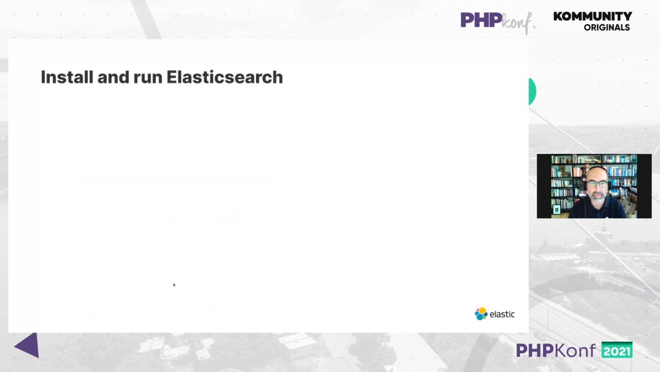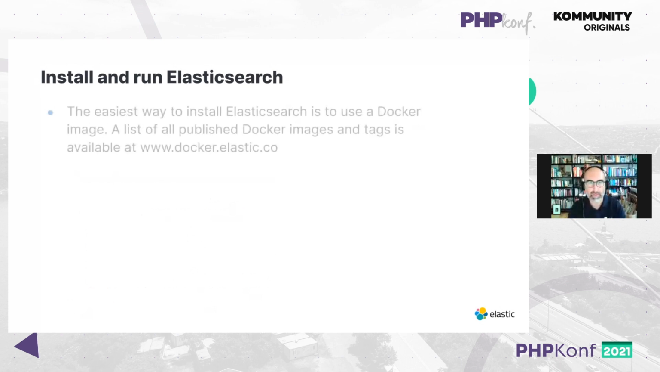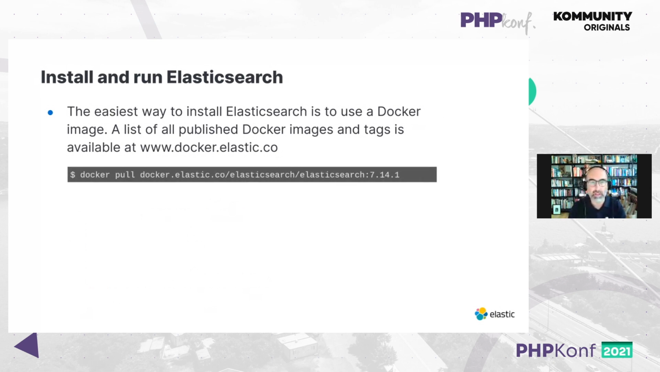So very, very simple. Okay, how can you actually install and run Elasticsearch on your machine? The easy way is to use the Docker elastic.co images. So we provide a special website that you can check out in order to select the Docker image that you want to use. You can run the usual Docker command pulling the specific version. For instance, this is 7.14.1, that is the latest